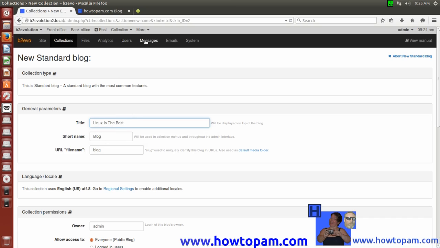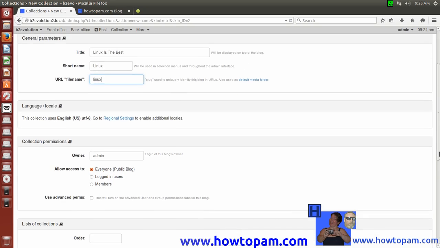Now, for our menu on our navigation bar, we can just call that something simple that we'll want to appear in there. Now the folder it's going to create for this blog, we'll want to give it a unique name that relates to that. So let's again just call that Linux, and it will create a folder inside our system called Linux,